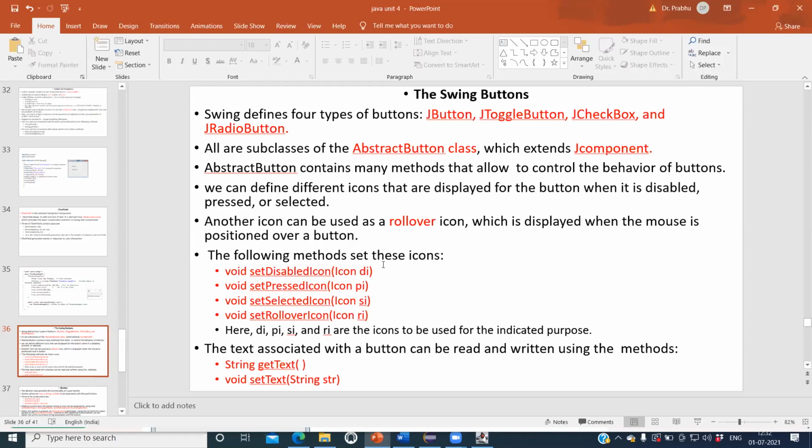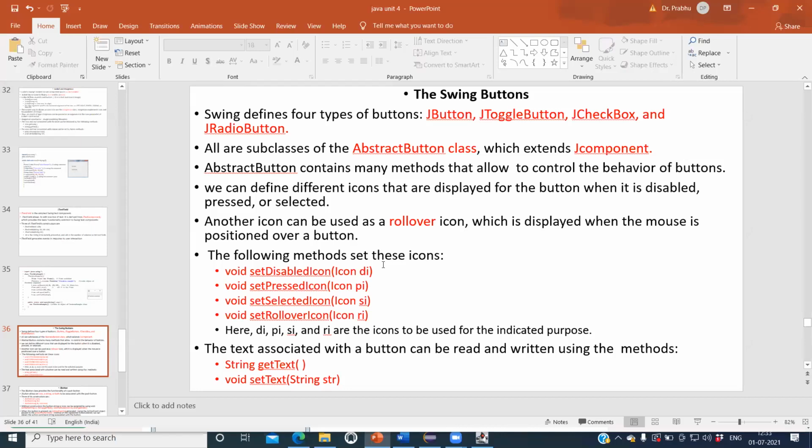In any GUI or any online application, you might have observed buttons with photos, for example, a Facebook button. If you click that Facebook button, something will happen, some event will be done. You will get a Facebook page or some message. So buttons will be considered with icons, either text or picture as well.